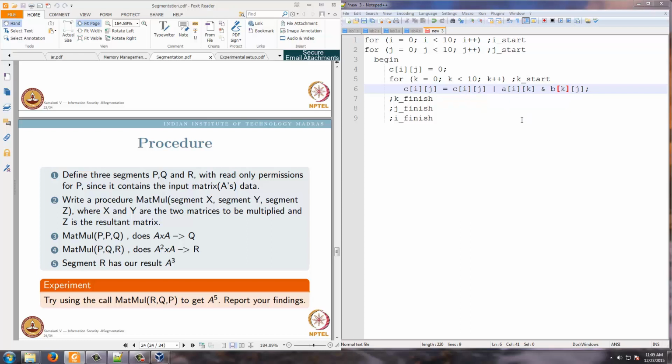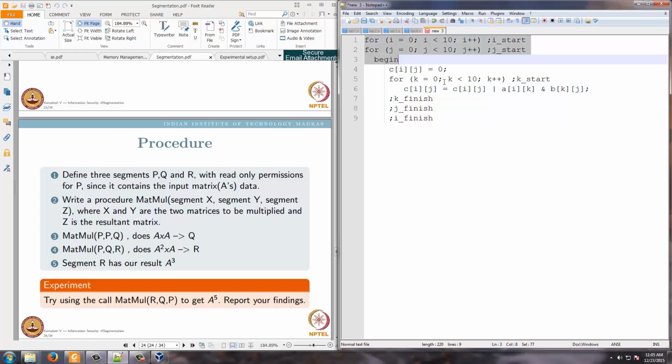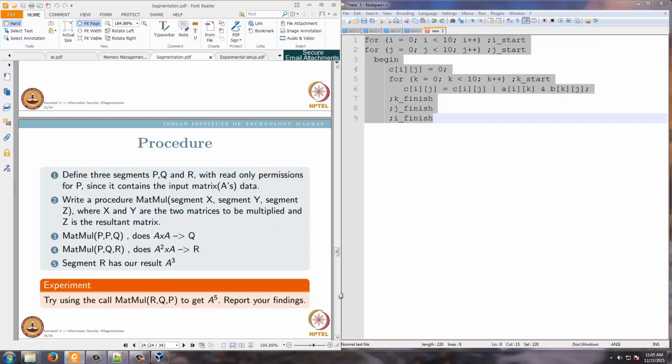So what I mean by address of A and B matrix, basically I am taking the details of the segments where A and B are stored, and also where I should store C, and I will store it back. So this is how, if I want to implement this entire matrix multiplication as a function call and call it from a main routine, the parameters are typically passed through these addresses, and this is what we will be implementing here.